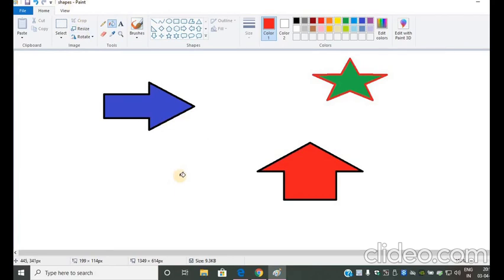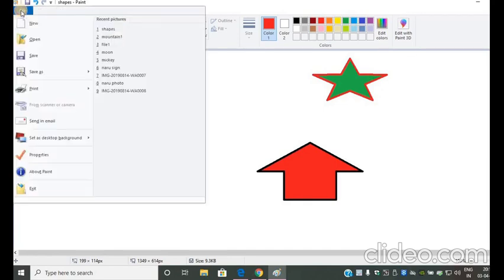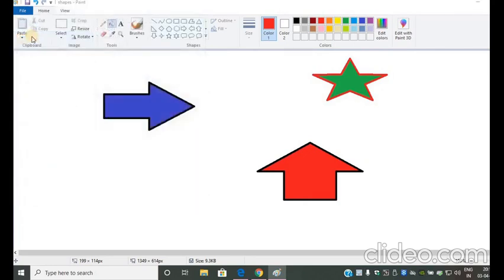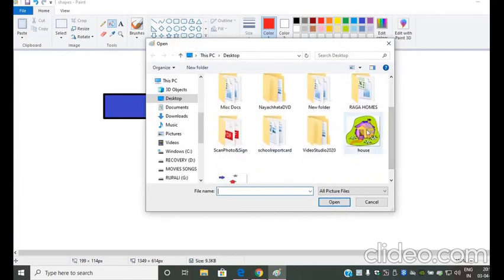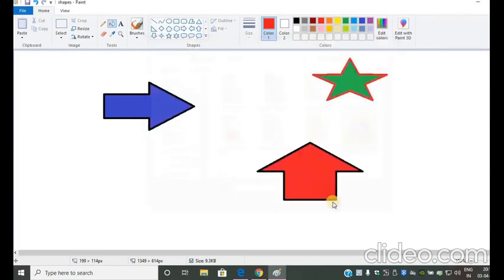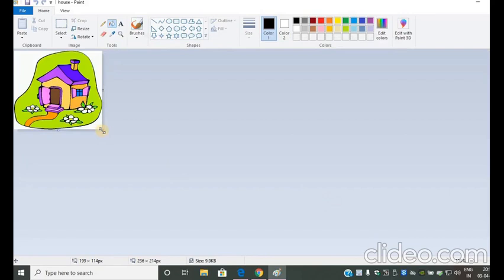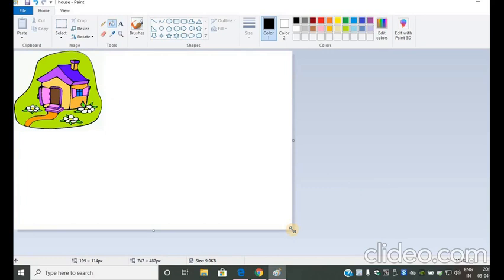Now let's see how to open any already existing file. So to open an already existing file, I have to again go to the file. Then there is an option given as open. So I'll click on this. Okay. Now one open dialog box has opened. So I have to see which file I want to open. Suppose I want to open this file and I'll click on the open button. Yes, this file has been opened. This image we can see in Paint. So this way you can open an already existed image or a file in Paint.